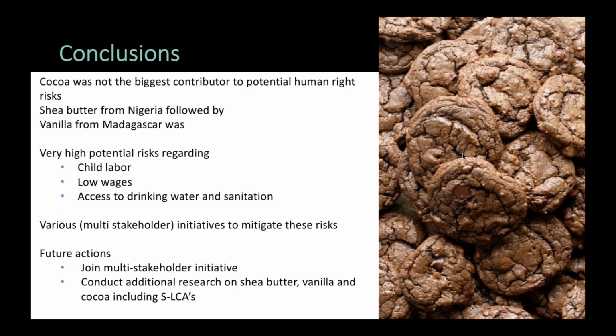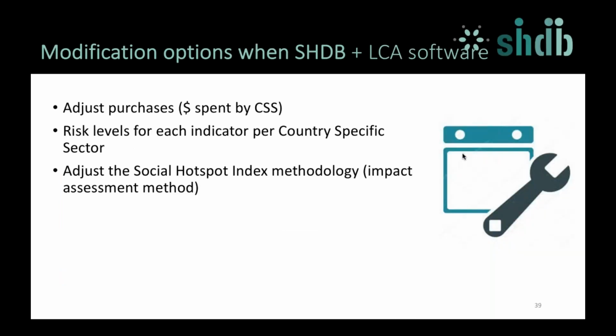And so the idea is that with this type of information you can follow up by saying, let's, as a company, join initiatives focusing on vanilla in Madagascar on child labor, or you might consider joining access to drinking water and sanitation programs, as a way to decrease your social impacts related to the production of chocolate cookies. So this is just an example of what you can do with the Social Hotspot Database,